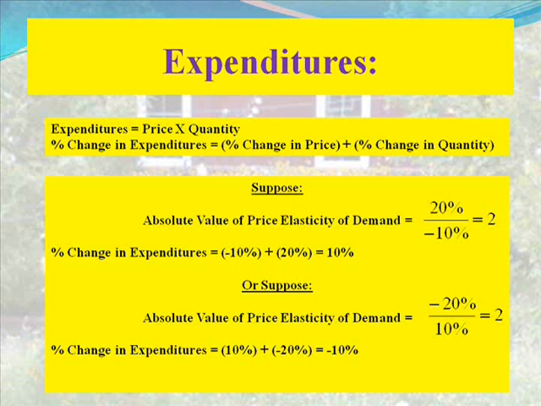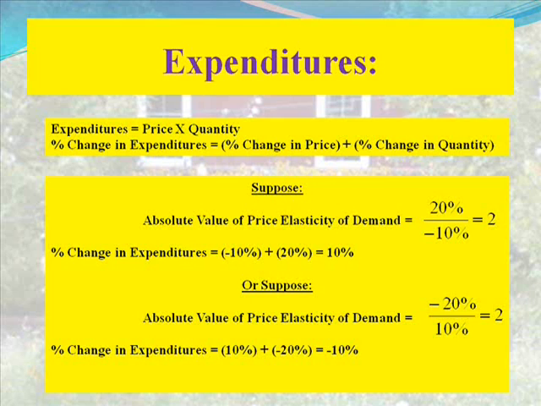Suppose that the absolute value of price elasticity of demand equals a 20% change in quantity demanded divided by a -10% change in the price. That result would be 2, as it shows here. Therefore, the percent change in expenditures equals -10% change in price plus 20% change in quantity, which equals a 10% positive